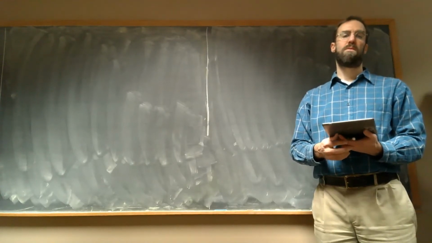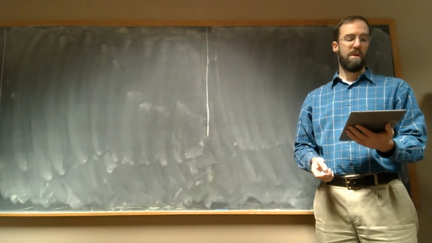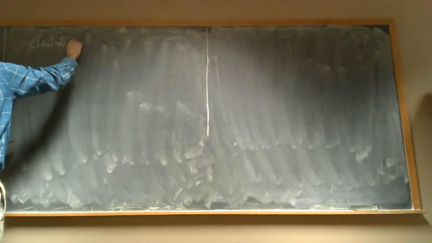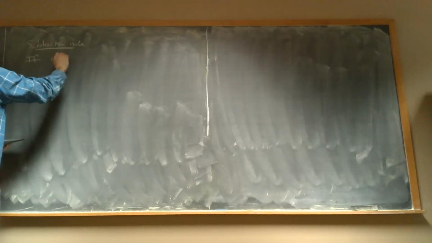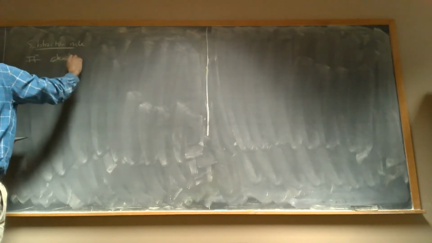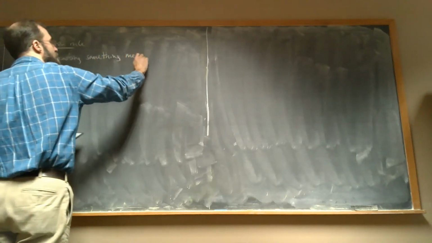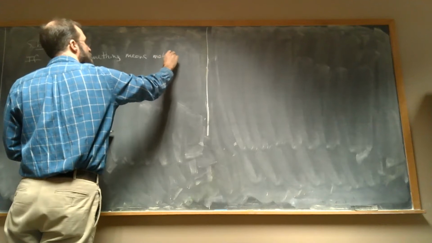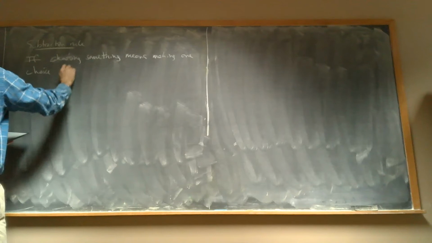So we're going to see another basic principle of combinatorics. Your book calls this the subtraction rule, and it goes as follows. Okay, it's similar to the sum rule. So let's say choosing something means making one choice or another,